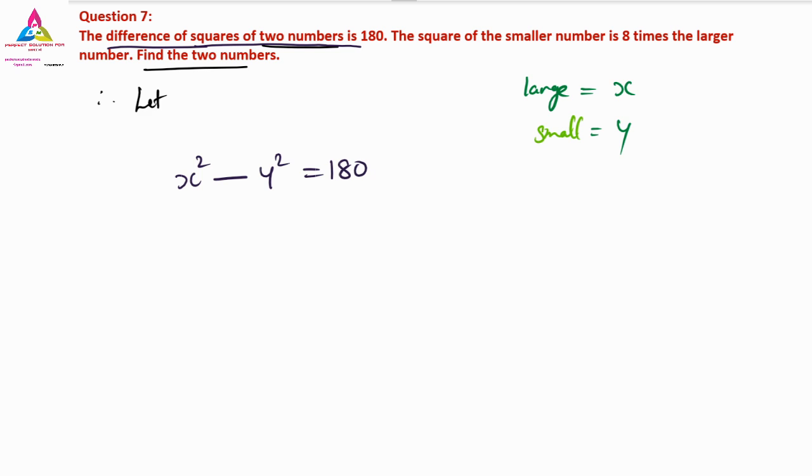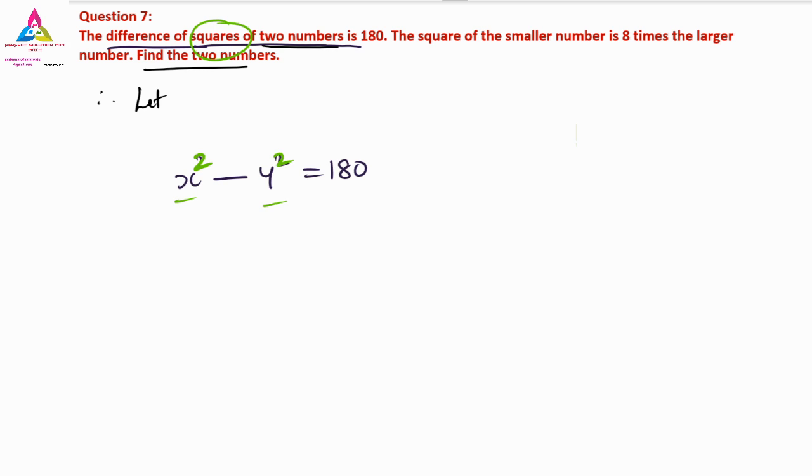This is the first statement you are going to write. Here, all of you listen. Most importantly, if you are not sure about this: we have x square minus y square, because the difference of squares is given, so I have taken the square for both x and y. So x square minus y square is equal to 180. Which one is the greatest number here? Whether x is the greatest number or y is the greatest number? Will you say that quickly? Which one is the greatest number?